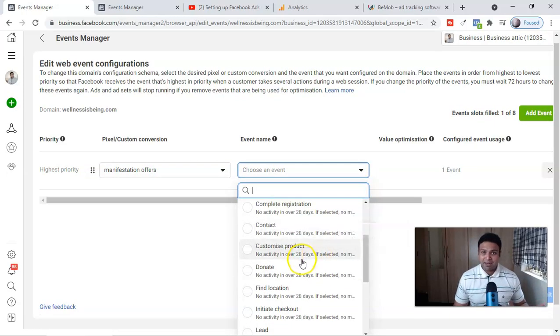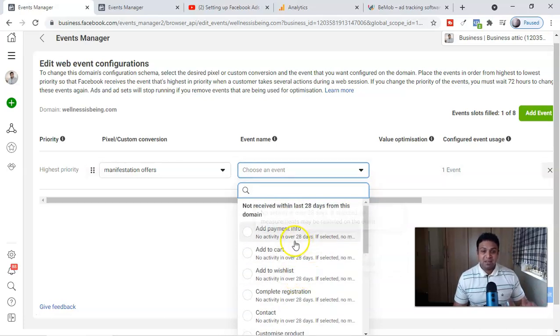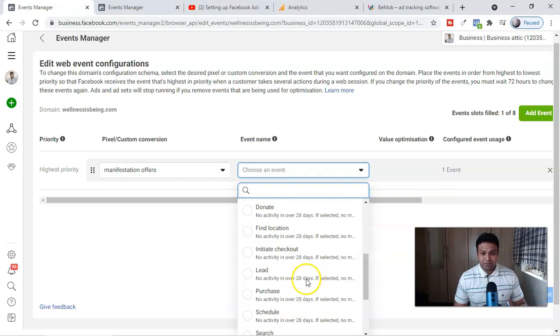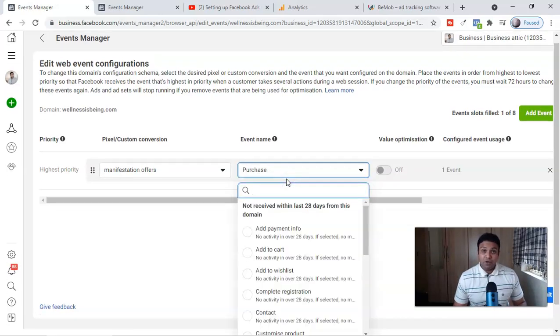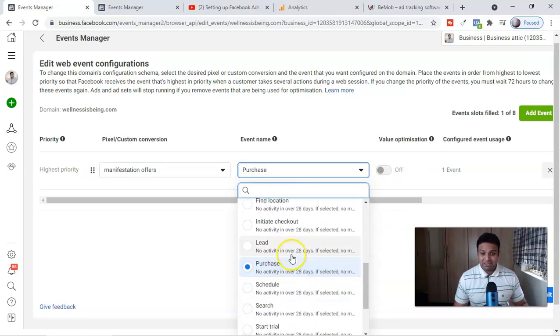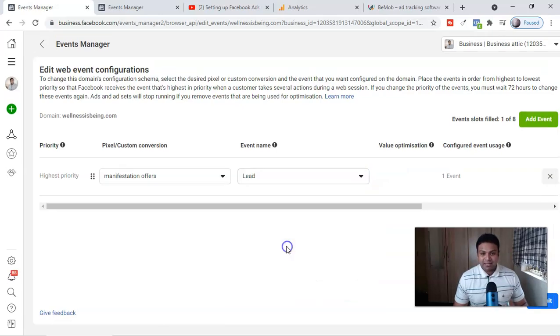As an affiliate marketer, guys, your tracking will be different from, let's say, if you're doing a drop shipping business. For you, maybe the highest priority is add to cart or purchase events. Like purchase, can you see this one? This one is a purchase here. Maybe if you're doing a drop shipping business. But being an affiliate marketer, here I collect a lot of leads. I collect a lot of emails, and for this, I'm going to select this lead here.